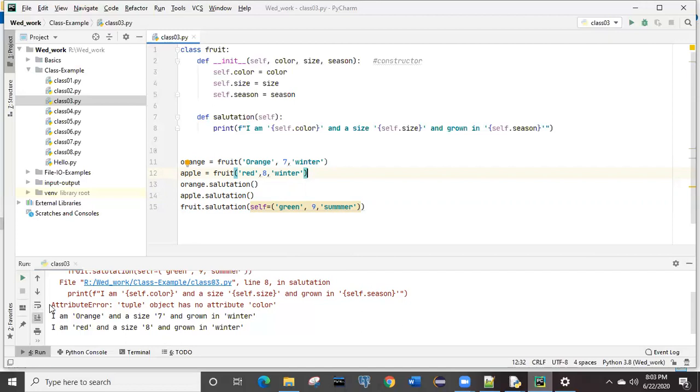Here this error, you can understand what actually it is saying, right? It is saying that particular tuple does not have any attribute color. So why is it not coming to you? That is the task, and I think you didn't check it, right? So again, I will leave it to you.